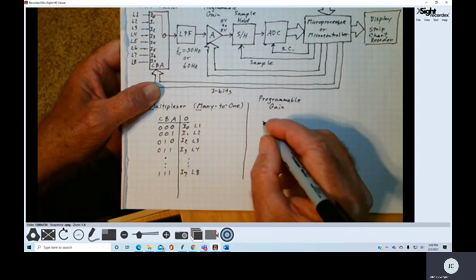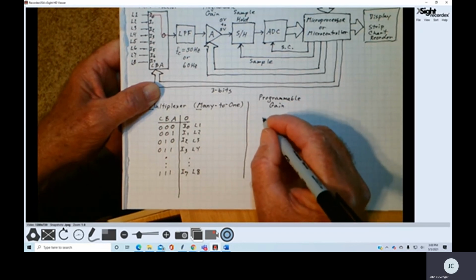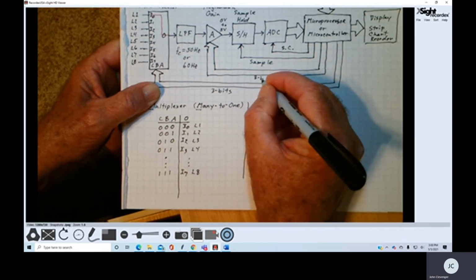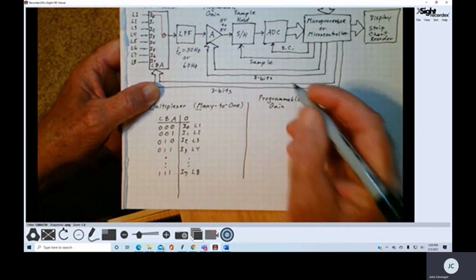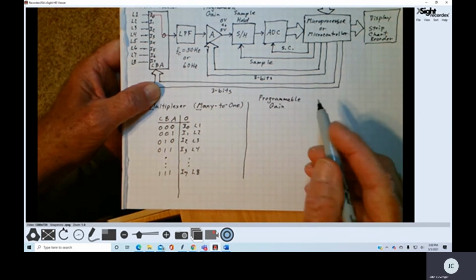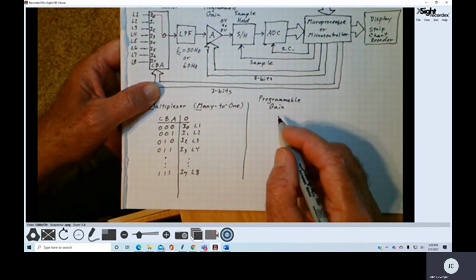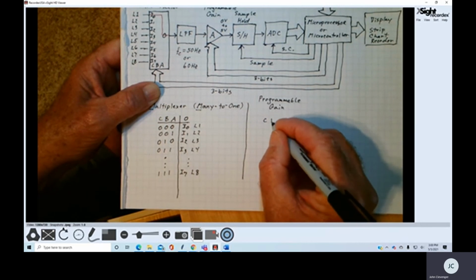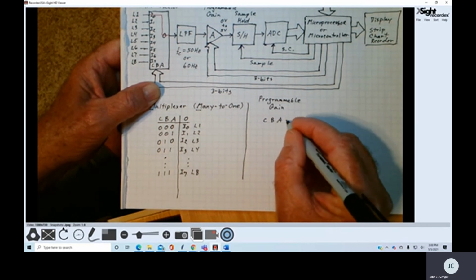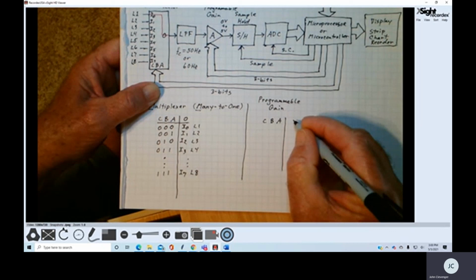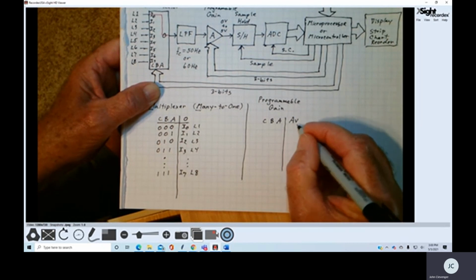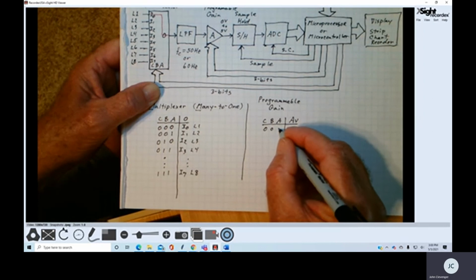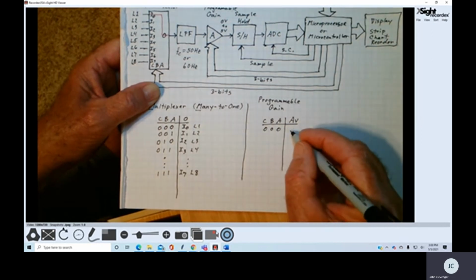For example, again, we could think about this programmable gain system as having 3 bits, which would give us 8 different gain values to put in place for the amplifier. So if we think about these 3 inputs as C, B, A, and then we look at what the voltage gain would be, for instance, that for a 0, 0, 0, we could have a gain of,